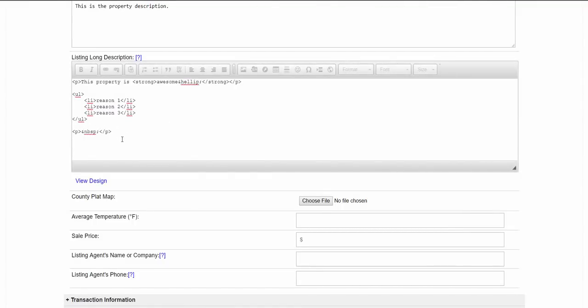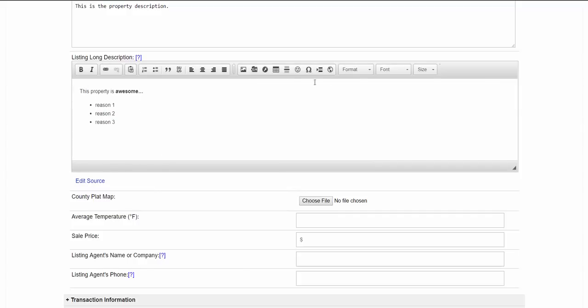So if you wanted to paste in an embed code for a video, you could do that here. Or like I said, a PayPal button. These are common tags that you might put in there, or like a share on Twitter, share on social type button. You can just copy and paste it into this area. Then when you want to go back into a design view or the HTML editor view, you just click where it says view design. That takes you back to this HTML editor, which is much more safe for you to play around with,